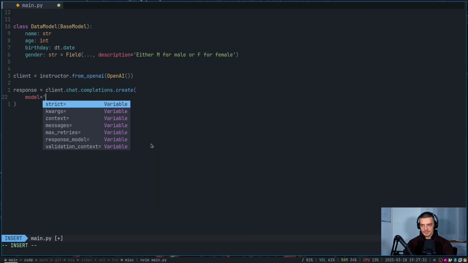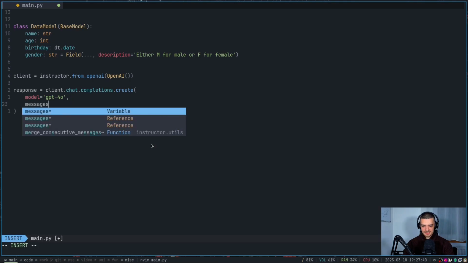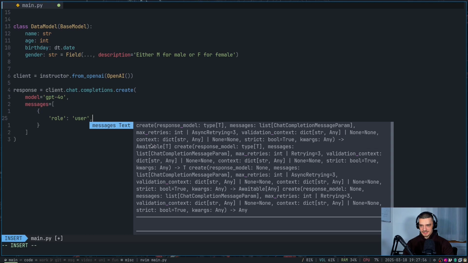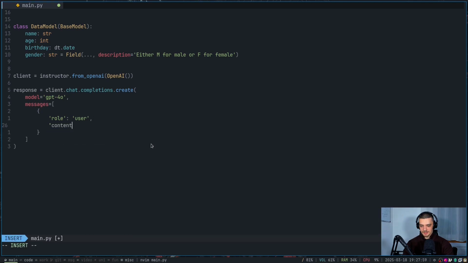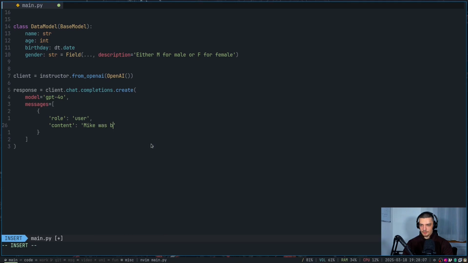First of all, the model I want to use, in my case, GPT-4o. Then I want to have a message history. So I'm going to say messages is equal to a list. And then I want to have one starting message here, which is going to have the following key value pairs. The first one is going to be the role. And this role is going to be user. And the second one is going to be the content, so whatever this user wrote, and our prompt is going to be something like Mike was born on April 4th,